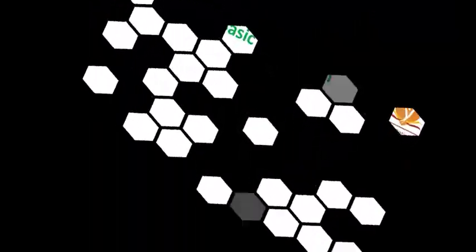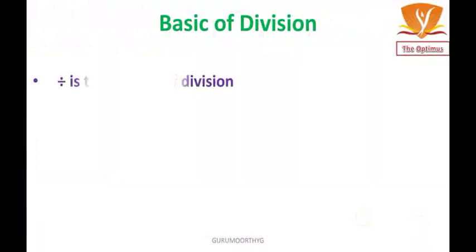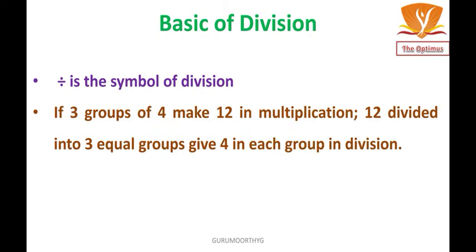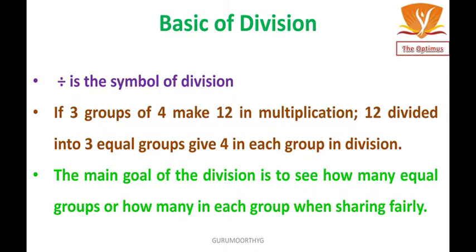Divide is the symbol of division. Dear kids, if 3 groups of 4 make 12 in multiplication, then 12 divided into 3 equal groups gives 4 in each group in division. The main goal of division is to see how many equal groups there are, or how many in each group